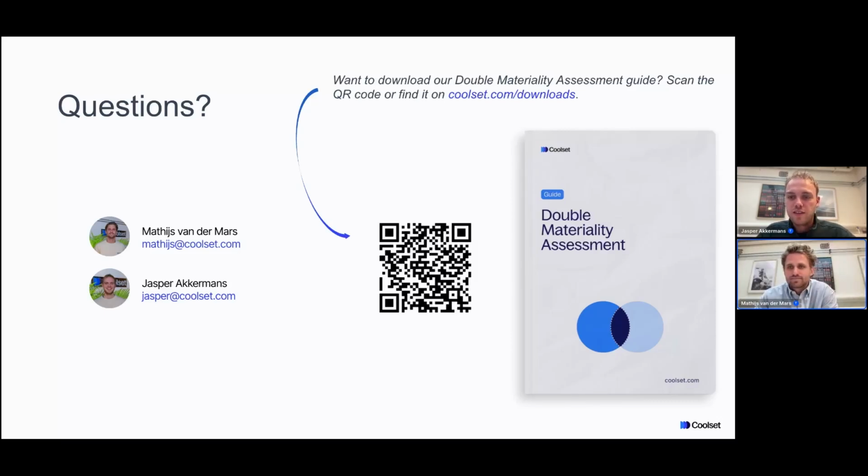First question that I see here is from Yasar. How would you quantify softer topics financially, such as working conditions? Really good question. Also something that we've asked ourselves a lot at Coolset. Basically, you have to see if within these subtopics you find financially material risks or opportunities. So say working conditions, one risk that I could think of now is that the working conditions are bad and that your employees decide to jump ship, so they quit.